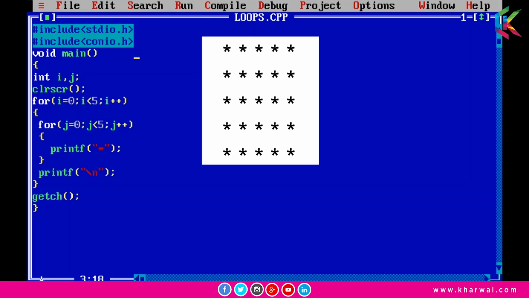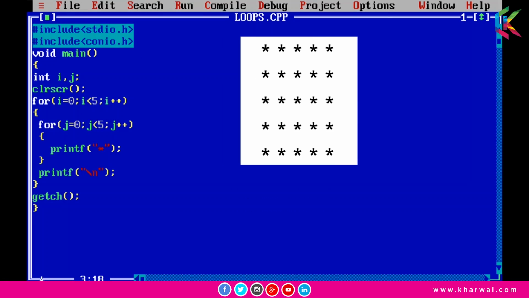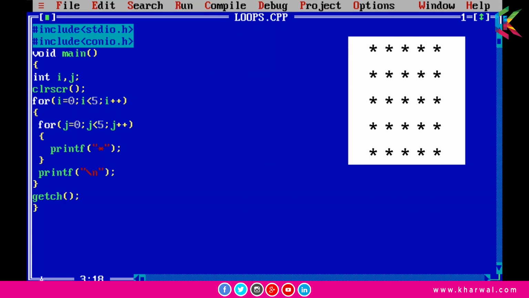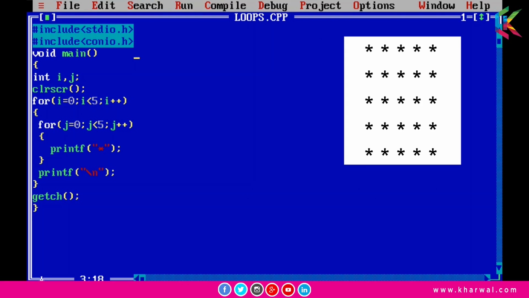In this program we will print the following pattern, and there are 5 rows and 5 columns in this pattern. So we are going to use nesting of for loops. Initially in the for loop of i I have assigned 0 to i, and then it will check this condition. So 0 less than 5, and this condition will be true, and then control will be transferred to the for loop of j, and I have assigned 0 to j, so the value of j will be 0, and then it will check this condition.